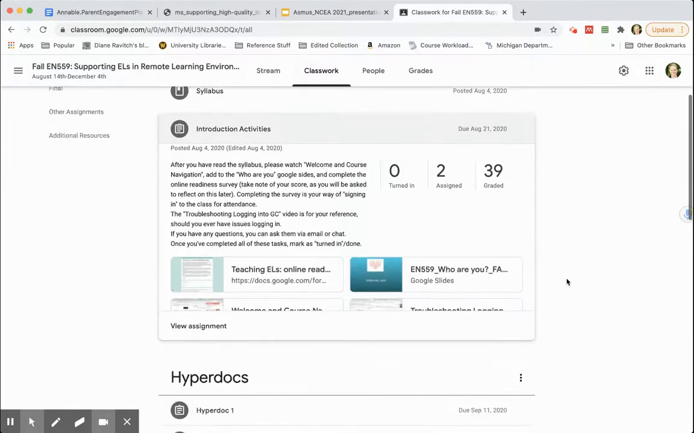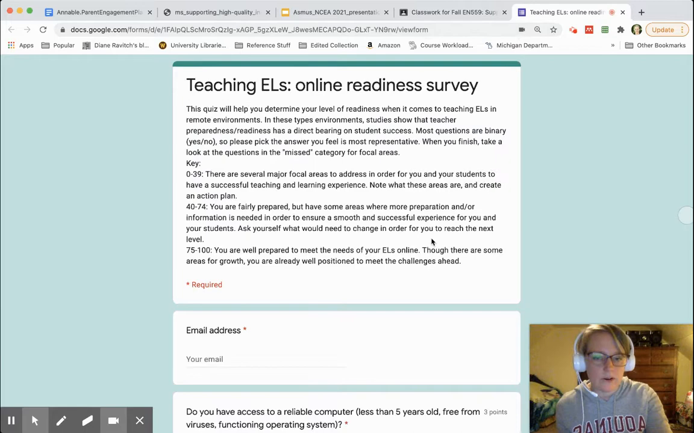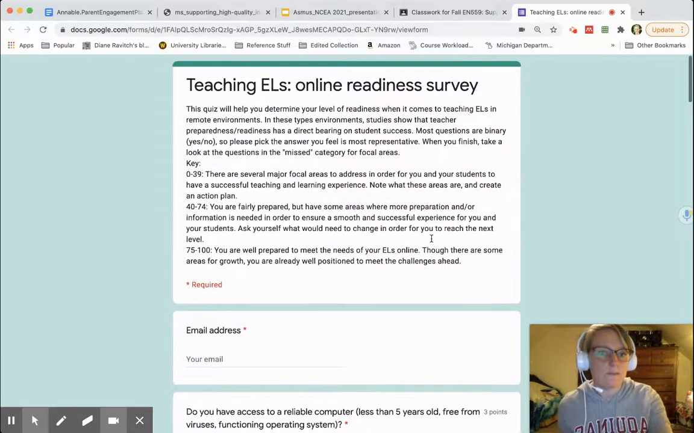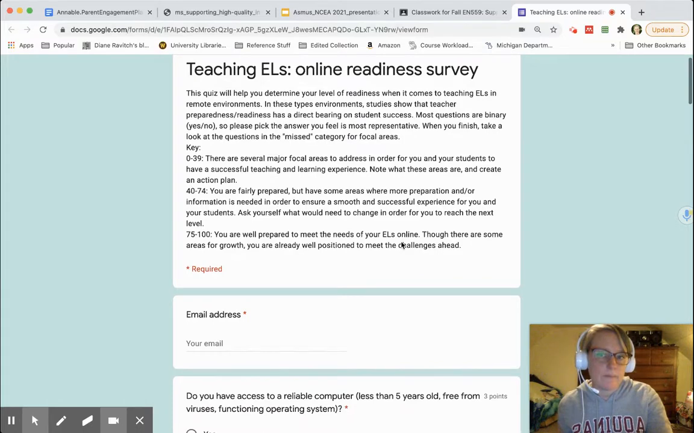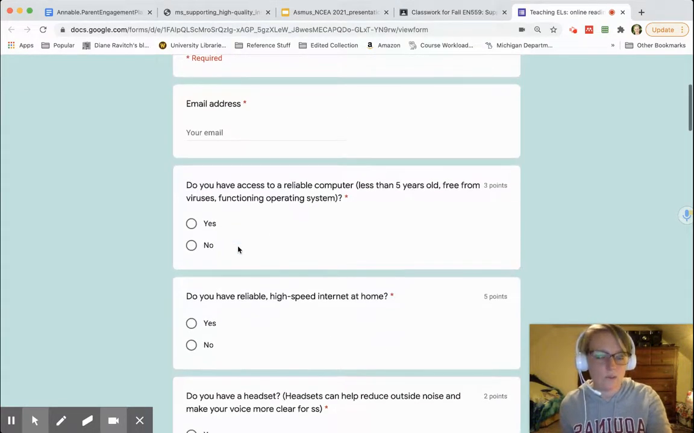And then the first thing that the teachers did were introduction activities. They completed a survey essentially about their familiarity when it comes to teaching language learners online. If you want, you can take this survey as well. It's still open. But basically, you get a score and it will give you some indication of maybe how ready